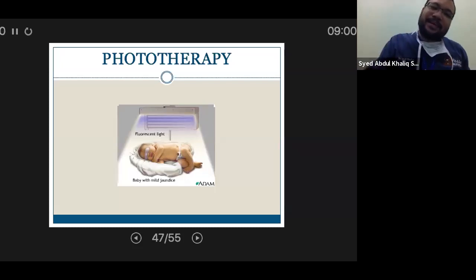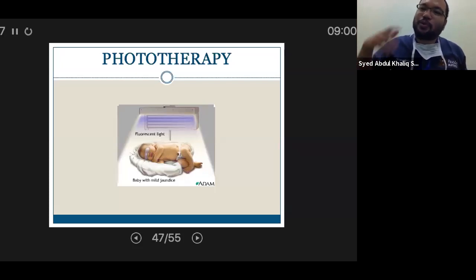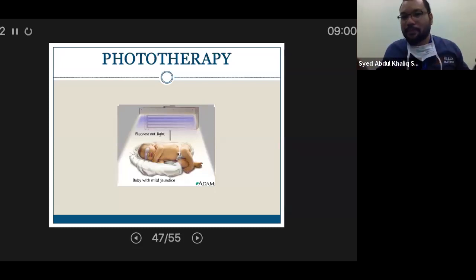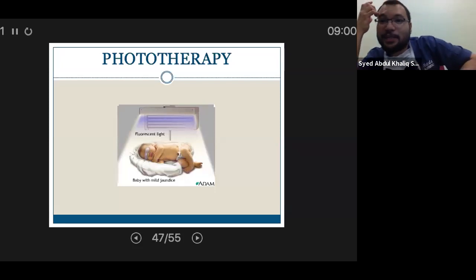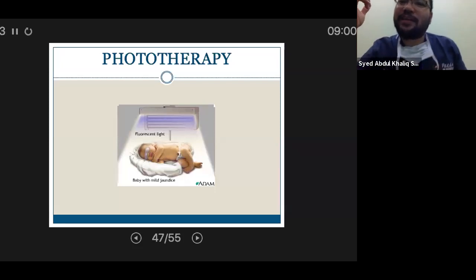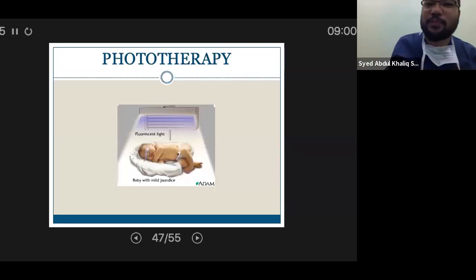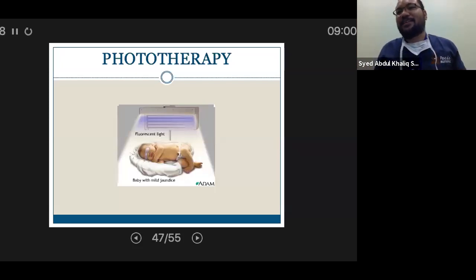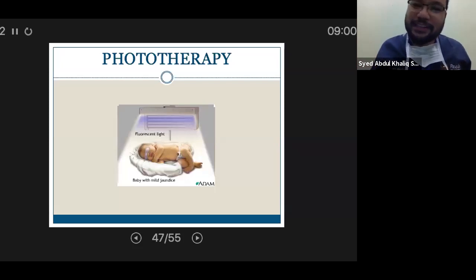So when we expose the baby, obviously the baby may be prone to problems with thermoregulation. In the old days many people used, even in HTA it's still there, fluorescent lamps. What's the problem with this fluorescent lamp? Fluorescent lamp produces heat. When it produces heat, the baby can become dry, dehydrated, hyperthermic. So that's the problem with fluorescent light. You have to make sure the baby is well hydrated and so on.